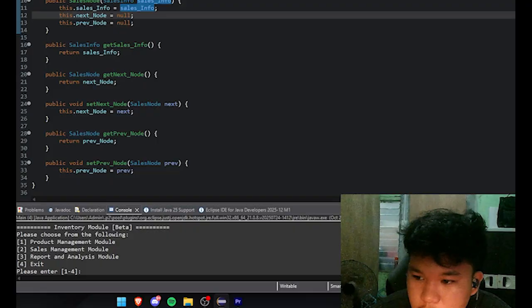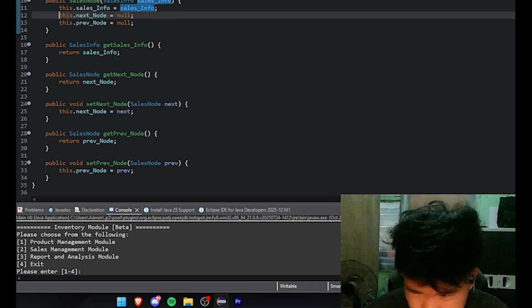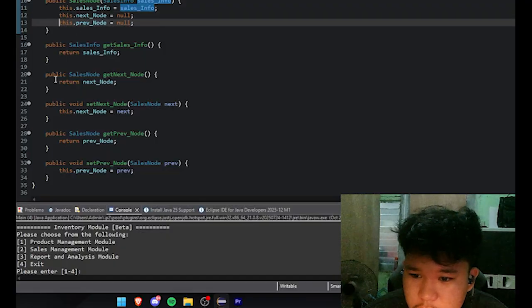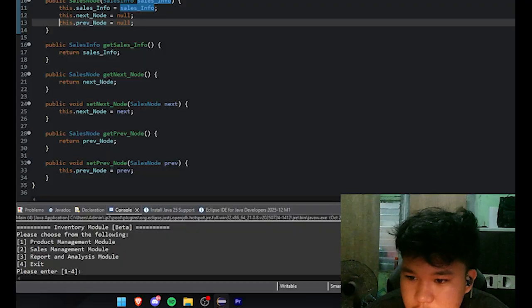Next is this next node, which sets the next node link to nothing, so it equals null. This means this node isn't linked to a next one yet. Next, line 13, this previous node equals null, so it sets the previous node link to nothing also. It means this node is not linked to any previous one yet.